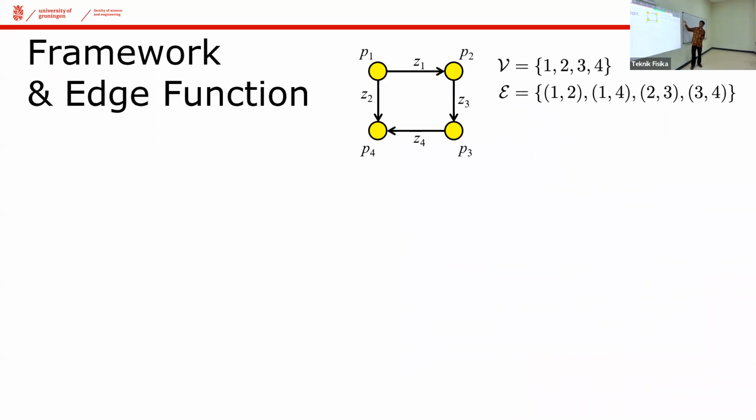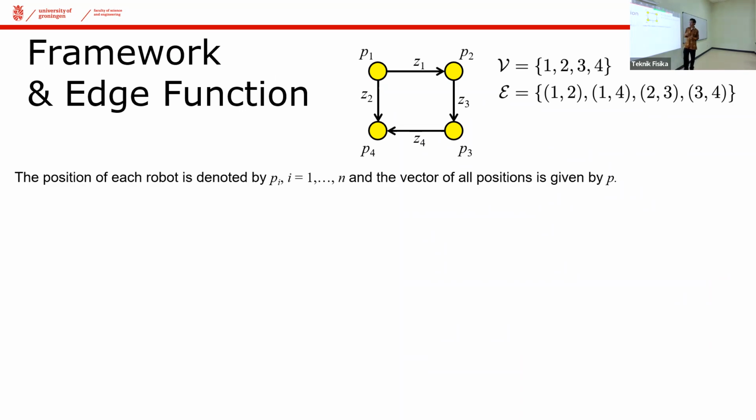So now, based on the use of the incidence matrix, we can define relative positions, Z1, Z2, Z3, and Z4. Since now we are going to assign positions to the graph, for every vertex, we will assign a physical variable there, and the physical variable is just positions. So position 1, position 2, position 3, and position 4. We denote it by P. And typically in the formations, we call the pair of G and P a framework. So this is how we can define the formations.